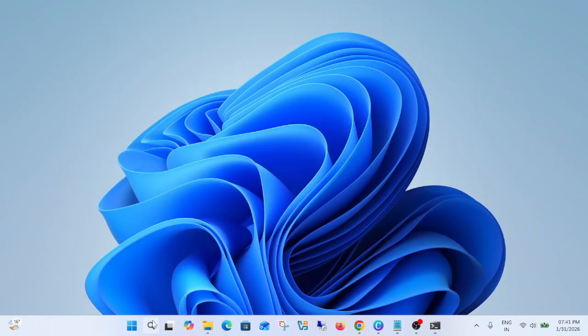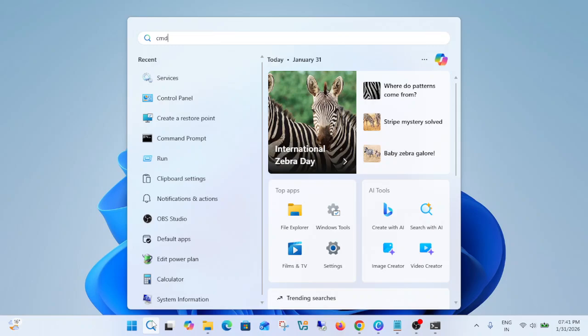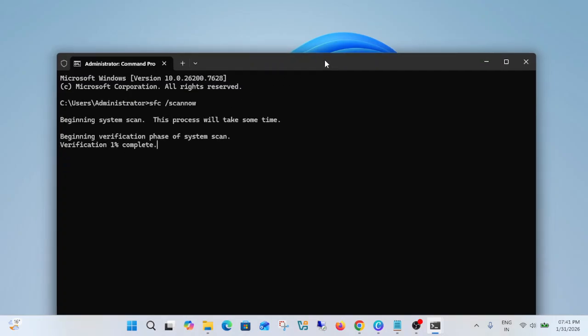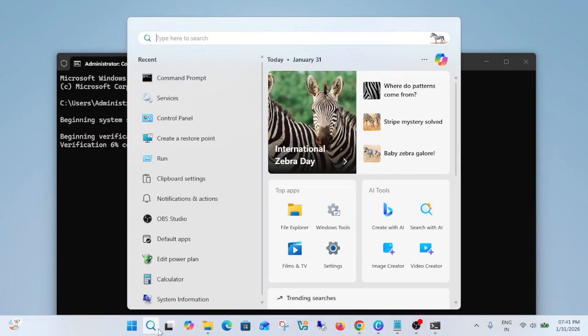If still not working, what we can do is simply open the command prompt and type this command: sfc /scannow. This will fix the Windows corruption in your Windows and will fix the issue. So this is the fix, and if this is also not working, then you can open the device manager again